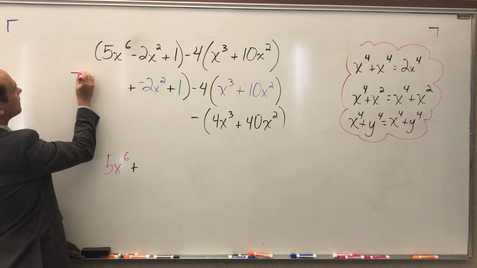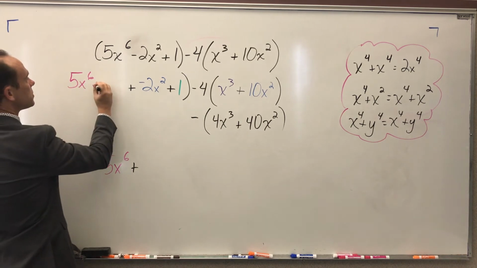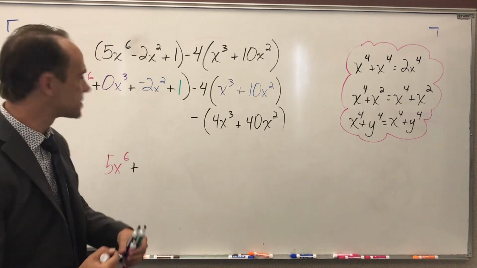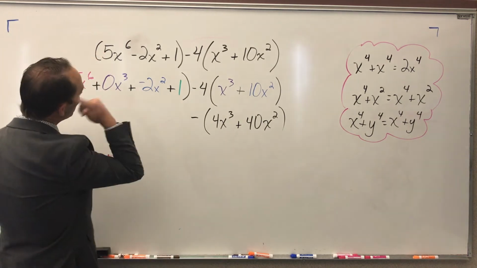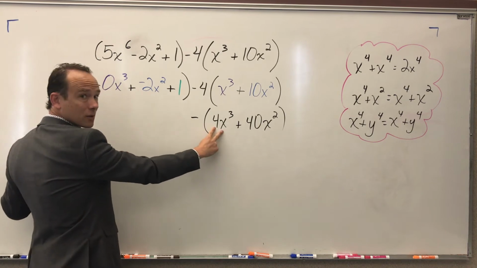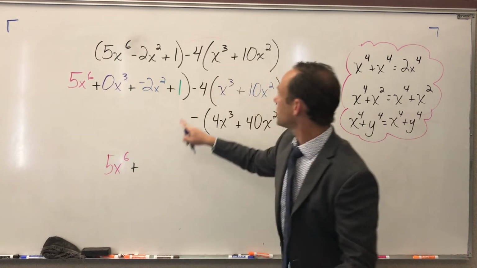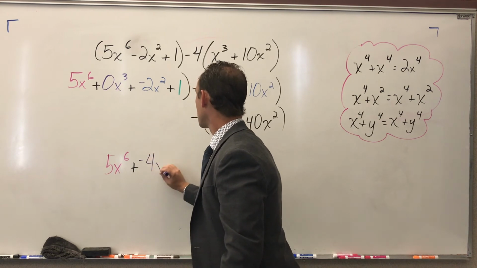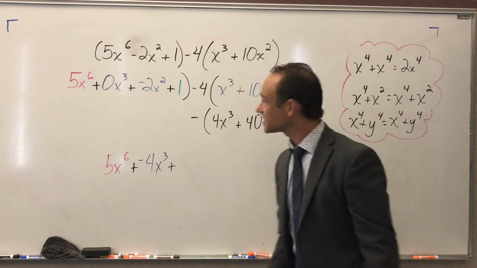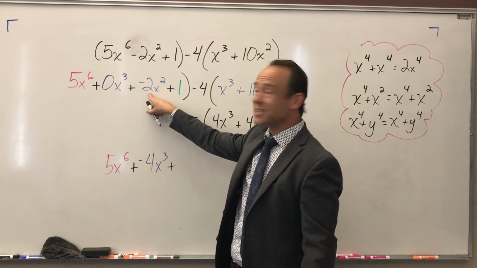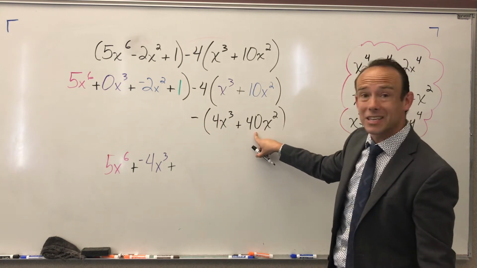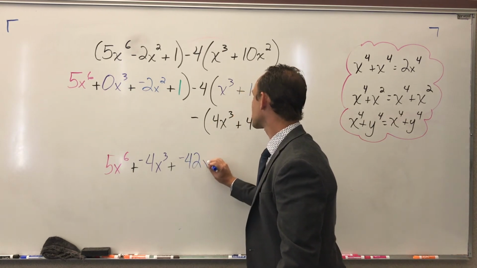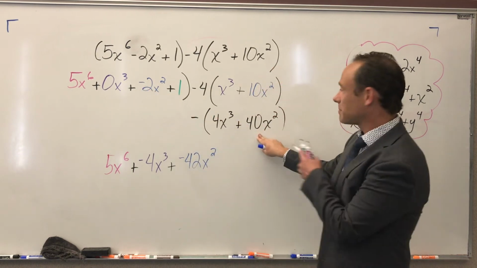So let's go 5x to the 6th, and you can go plus 0x to the third. If it helps, you don't have to do it, you can just know it's there, but so now in your head you can go 0 minus 4, right? So you could go 0x to the third minus, and you have 4 of those, so that's going to give you negative 4, so you get negative 4x to the third plus, okay, let's go to the squared term, so minus 2x squared, take away 40x squared, so we're going to be at minus 42, so you get minus 42x squared, because you get minus 2, take away positive 40, and